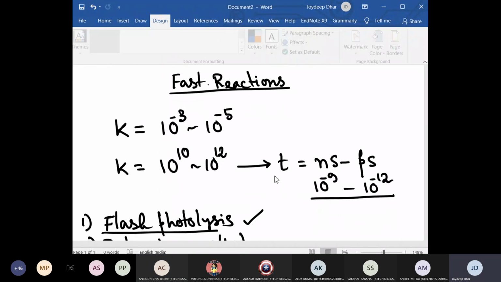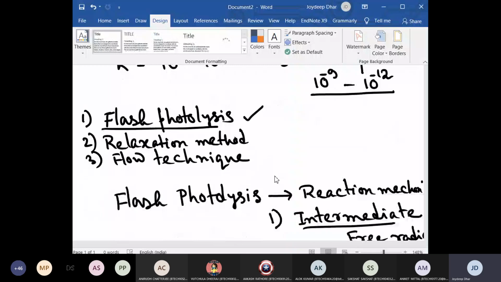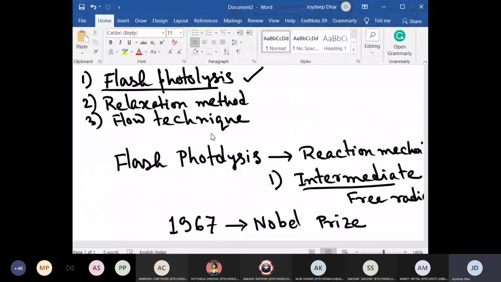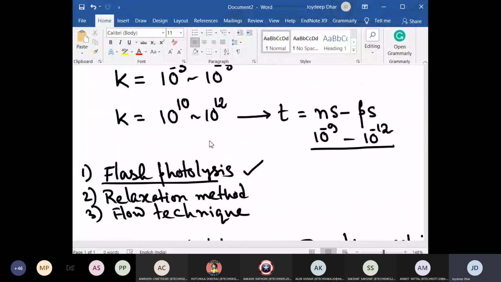Okay, so then I can move on to the catalysis part. Okay, so kinetics, you can